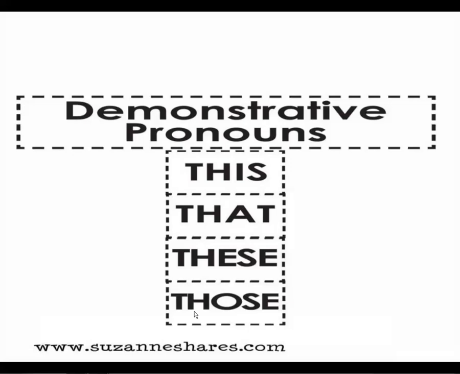Get those books to me after you finish completing your project. These cookies are the best I have ever had. Very good. You're giving me correct examples. So basically, this is used to refer to singular, these to plural, right? That is also for singular, those is for plural. I hope it is clear to you. And these words are used to point out a person, place, or object, or anything you want to point out.